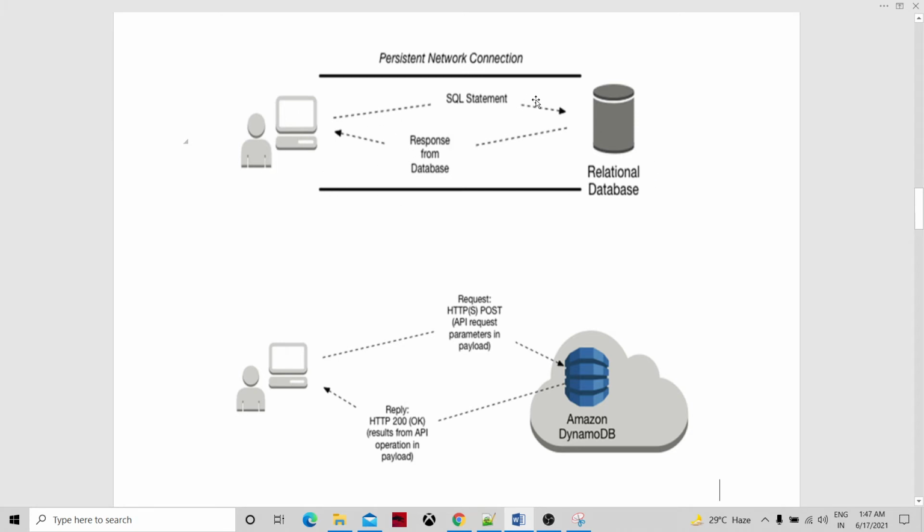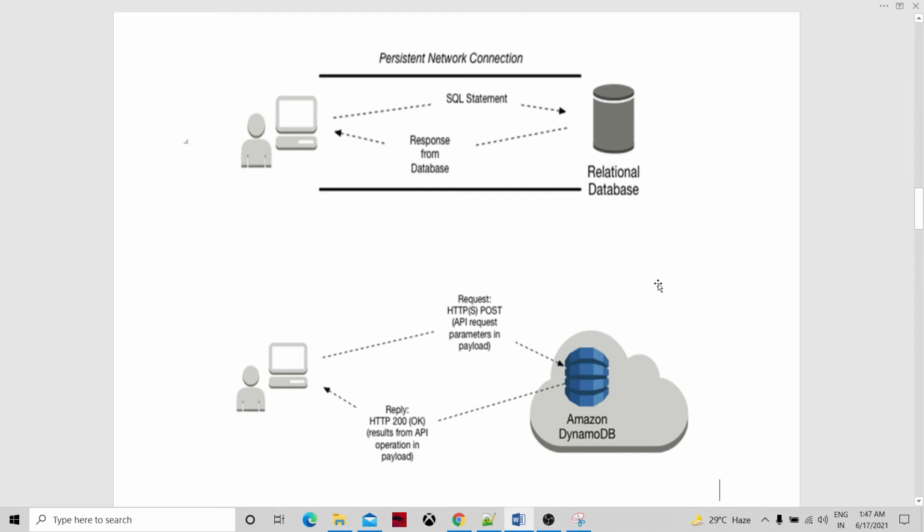Then the SQL statements are fired from the client application editor, hitting the database, and the data would be retrieved as part of the query. The response would come and be shown in the client application.